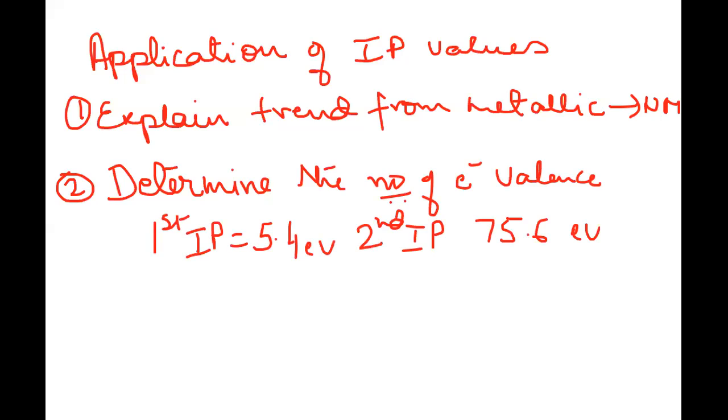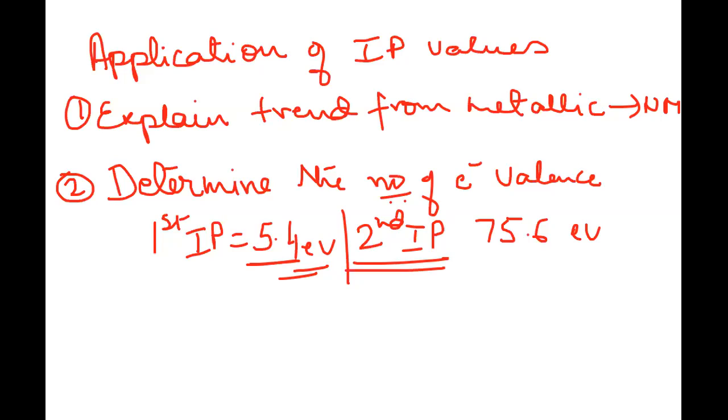Now, per gram atom, what you understand here is that pulling out the first electron required very little energy. So definitely in the outermost shell, maybe only one electron is there. But when it comes to pulling out the second one, we see a marked increase; the difference is very high. This means that probably the inner shell is completely filled, and therefore the amount of energy required is more.